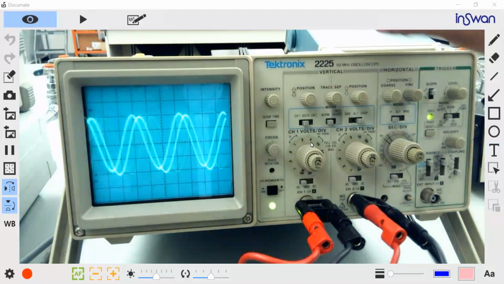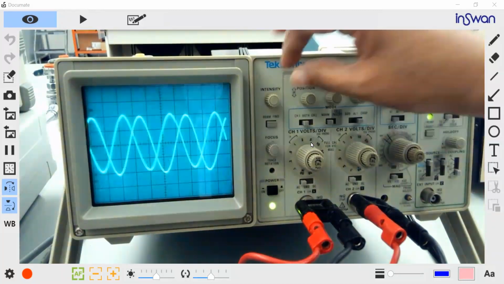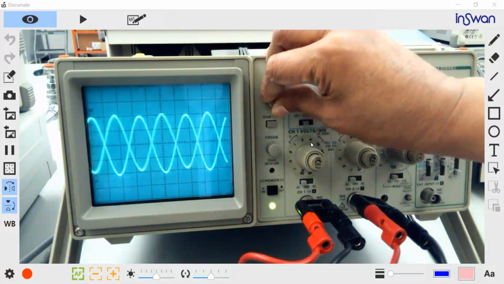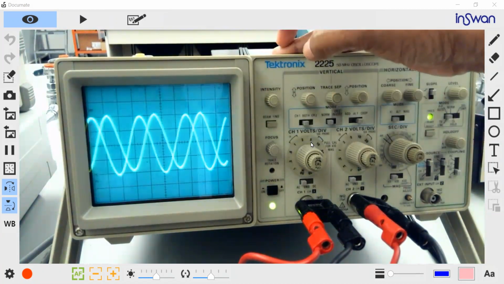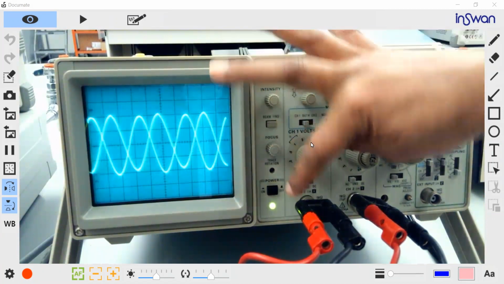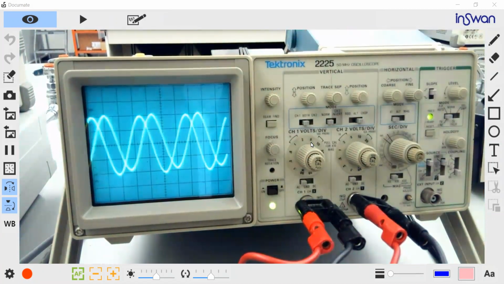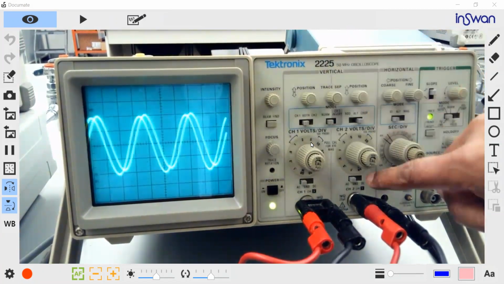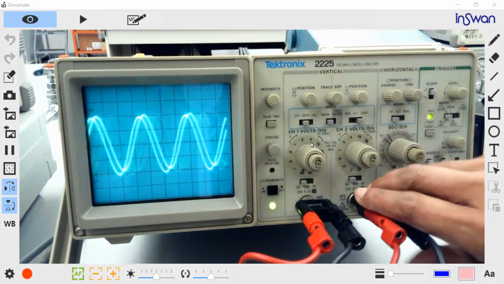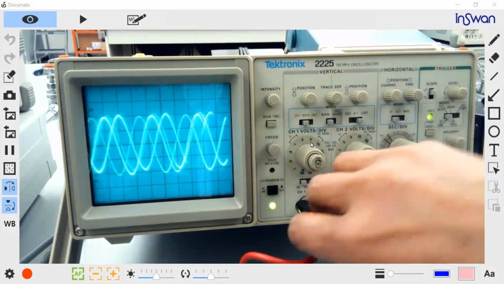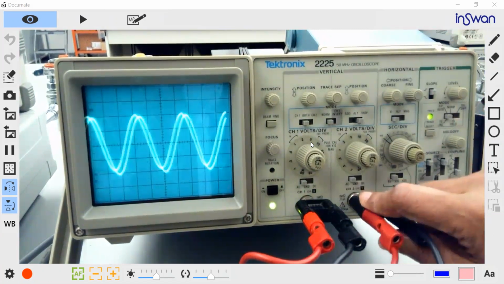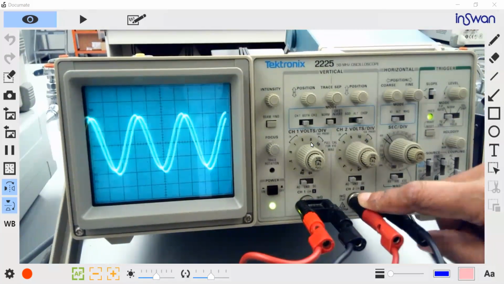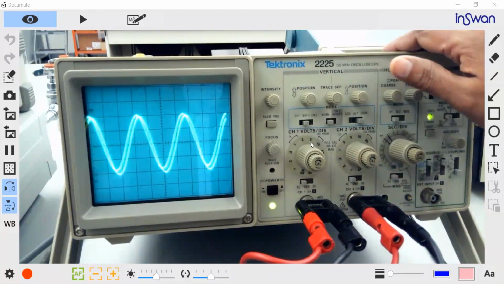Here I have buttons that can change the intensity, greater or smaller, to make visibility easier. And then I have focus here. Most of the time those are already set up. Now here I have this panel on top of the oscilloscope. This is the lab oscilloscope we have, but some oscilloscopes have one channel, and some may have three channels. According to that, you have a different number of buttons.